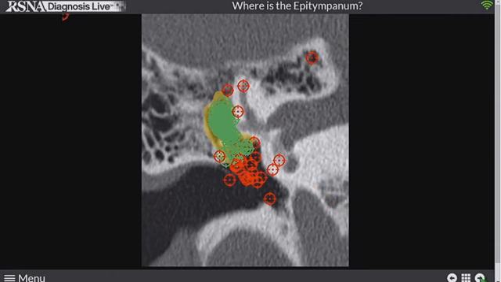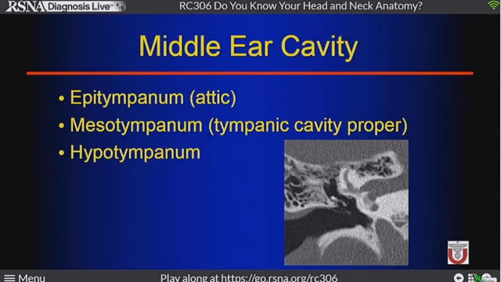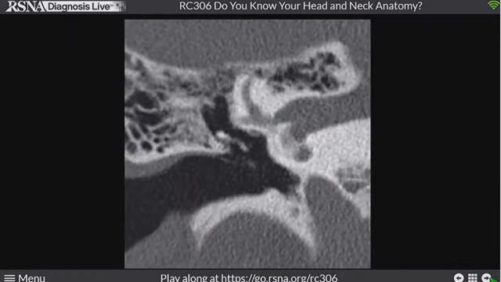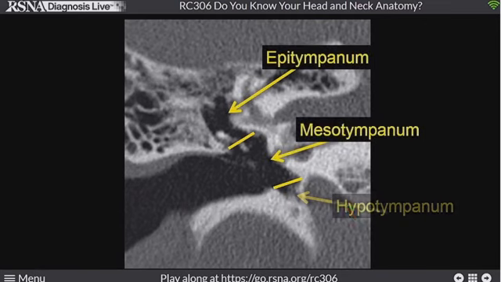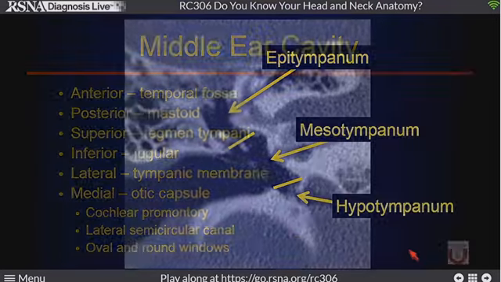So the epitympanum is the top of the middle ear cavity. We can think about it in different portions. If you hear anybody refer to the epitympanum, the mesotympanum, and the hypotympanum, those are the different portions of the middle ear cavity. In a coronal of the middle ear cavity, if we draw a line from the scutum, the superior attachment of the TM, over to the tympanic segment of the facial nerve, that separates the areas on top and bottom. If we draw a line straight over the floor of the EAC, that separates the epitympanum on top, the mesotympanum in the middle, and the hypotympanum on the very bottom.